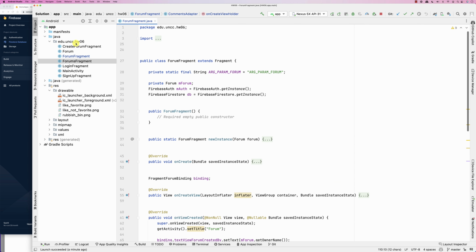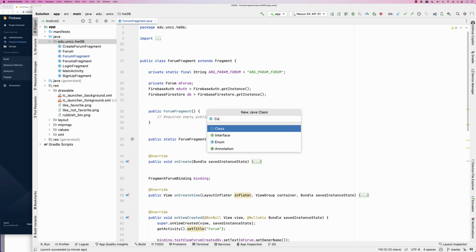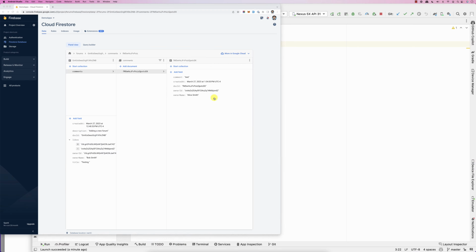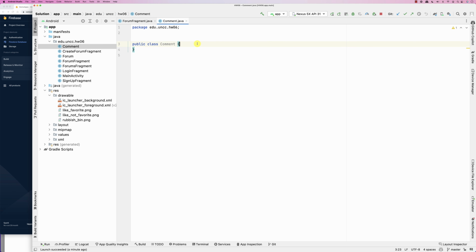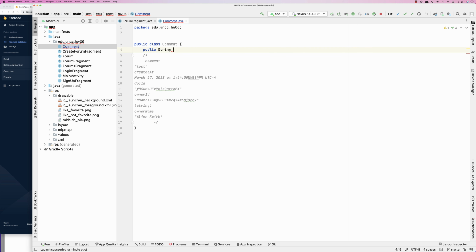So we need a comment class, so we right click, new class, we call it comment, here it is, and that comment class will look something like this. So I'll just copy these, Control C, and here we are. Oops, let me copy this again. Okay, we have a public string comment and document ID, owner ID, and then owner name,